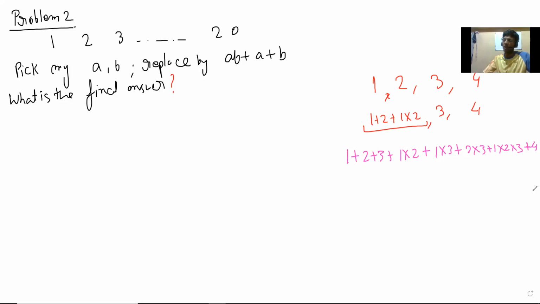Is it coming to light? What kind of thing am I going to get in the final step? So you just look at this step itself. Just the first step, basically. If you forget about these two numbers, what do you have? You have 1 and 2. You have all possible summations and products. So you have the sum of all possible products. You have 1 and 2 alone, then you have 1 times 2. Similarly, when you come to the next step,